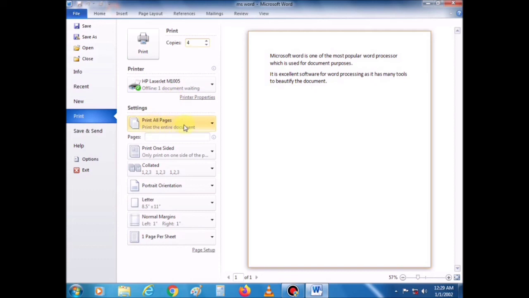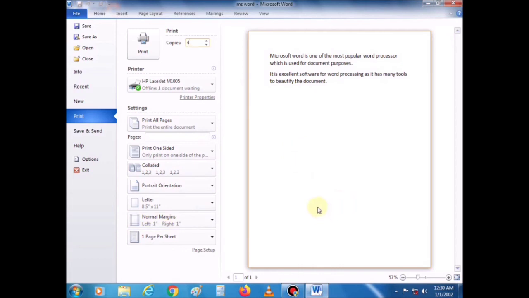Print all pages. If you want printing of all pages, then select the Print All Pages option. According to your requirement, you can select Print Selection, means whatever portion of the text you want to print, you can select the text and give the print.